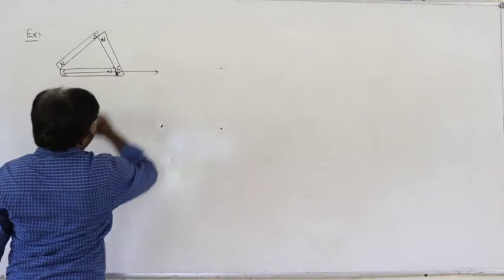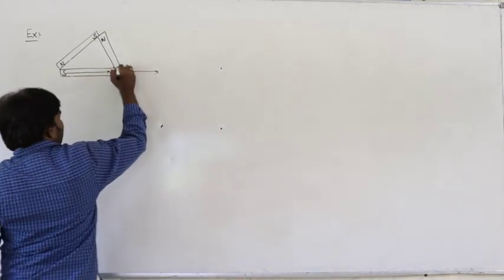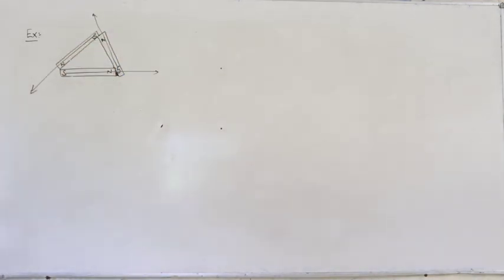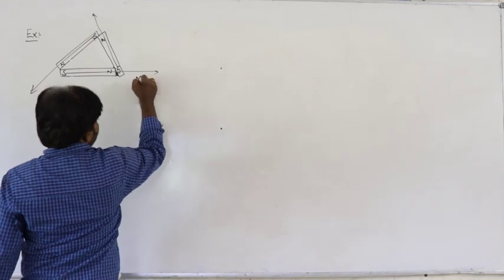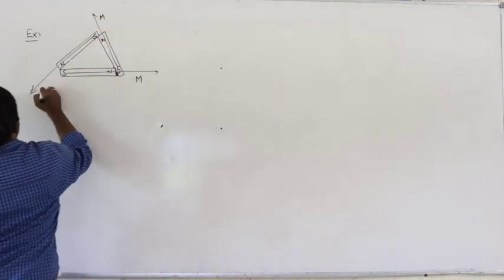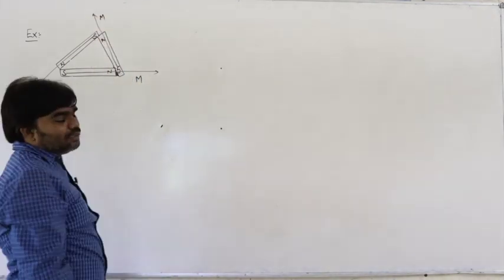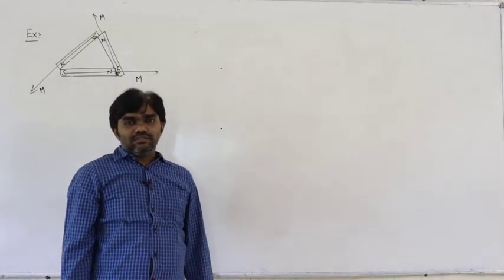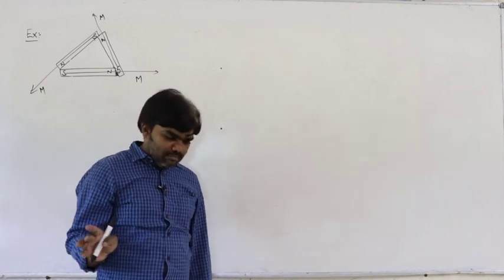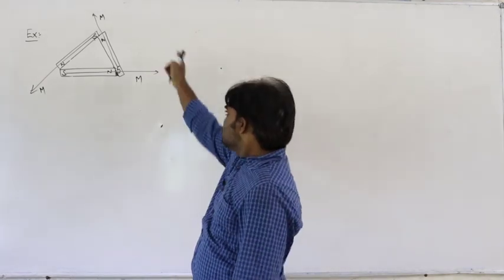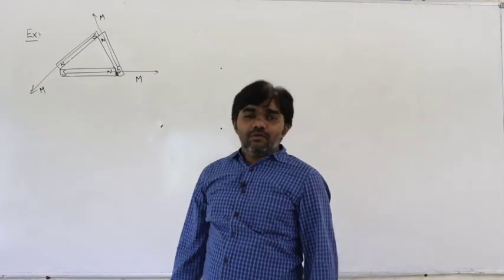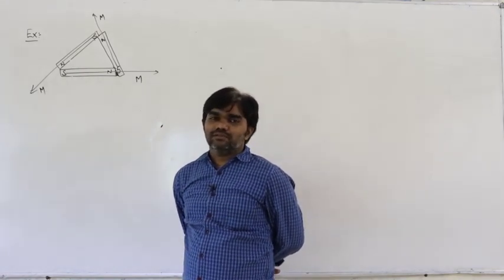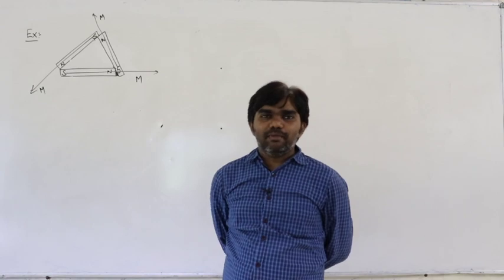So, this is the magnetic moment of this one, and this is the magnetic moment, and this is the magnetic moment. All are having equal magnetic moments, m. All are identical magnets. Identical magnets means the magnetic moment must be the same. These are the magnetic moments here. What is the net magnetic moment here? That is important.